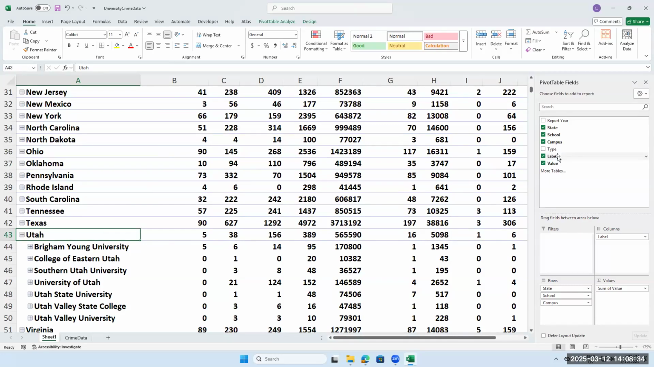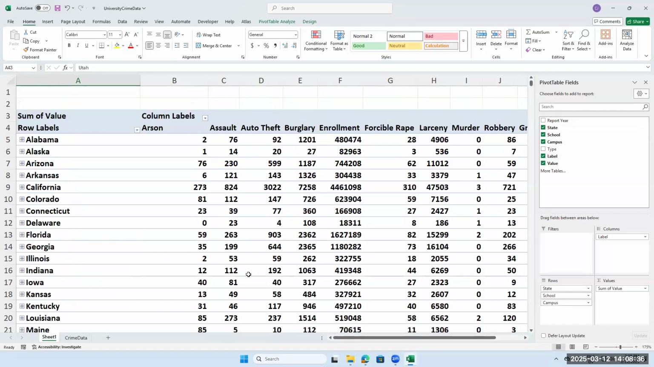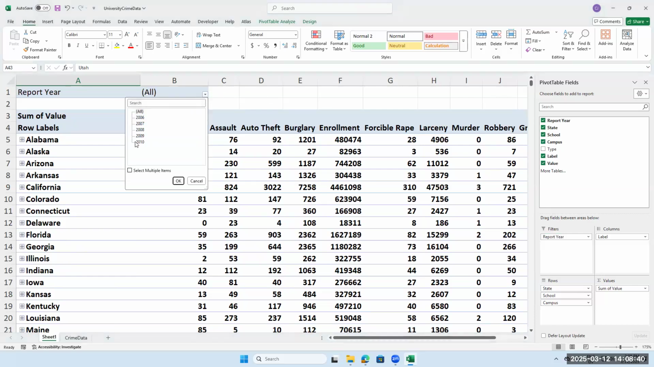Oh, which by the way, I forgot. Let's put report year in here. Let's put year and filter. That way we can just filter for one year. So if we wanted to do 2006,